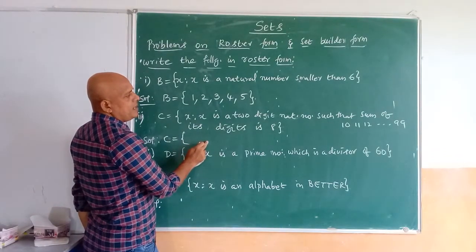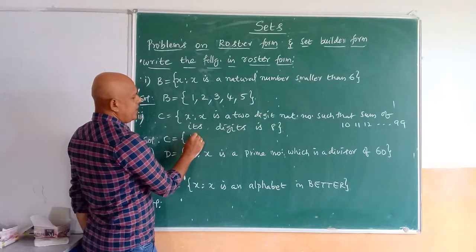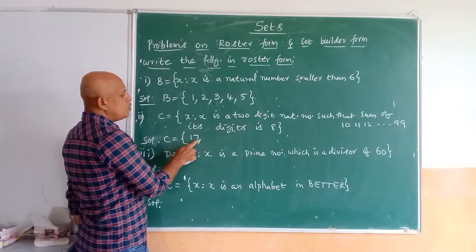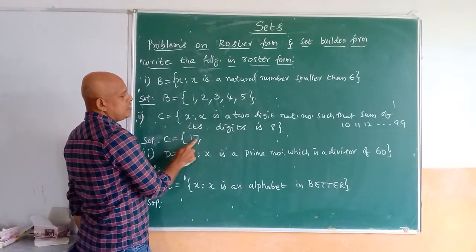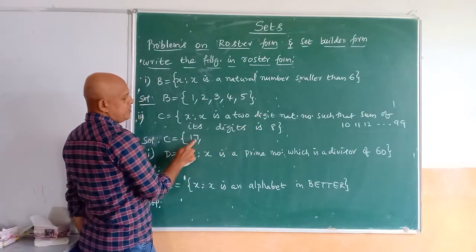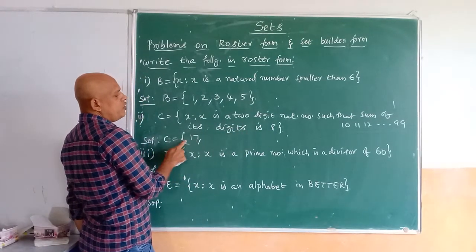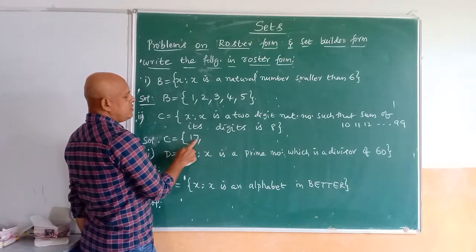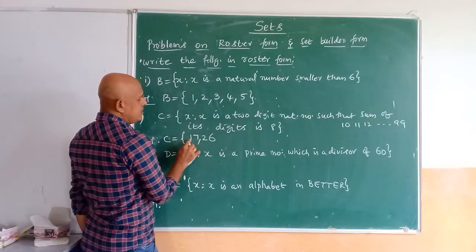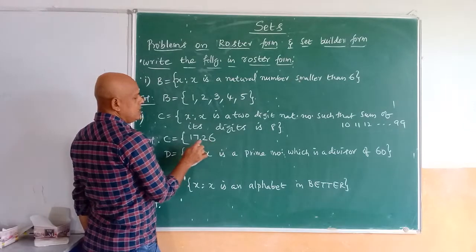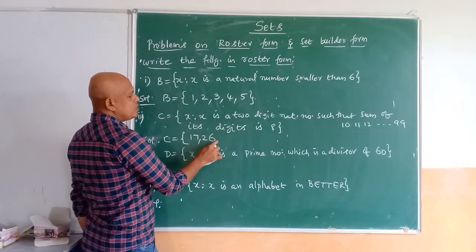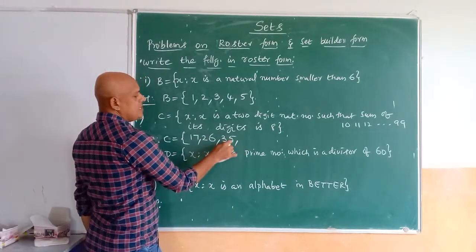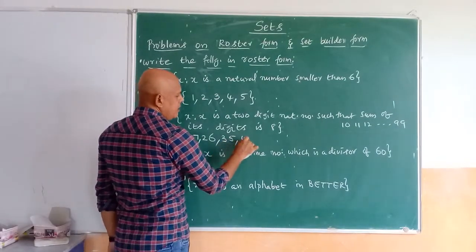So 2-digit numbers 10, 11, 12 and so on. If we continue, the first 2-digit number is 17 because 1 plus 7 is equal to 8. The sum of the digits of the 2-digit number should be equal to 8. So 1 plus 7 is equal to 8, and before that we won't get one. The first 2-digit number whose sum of digits is 8 is 17. And next one is 26. We are increasing 1 to 2 and reducing 7 to 6. So 17, 1 plus 7 is 8. 26, 2 plus 6 is 8. And again increasing to 3 and reducing to 5, that is 3 plus 5 is equal to 8. And again increasing, here 44.